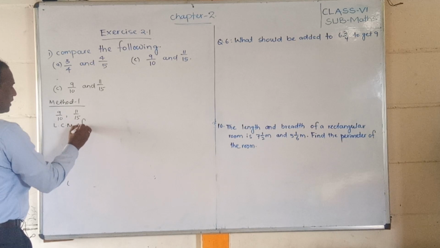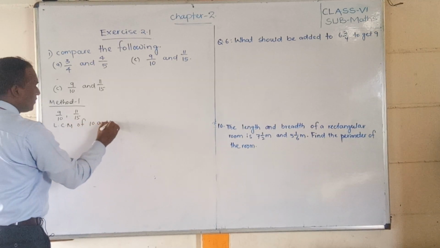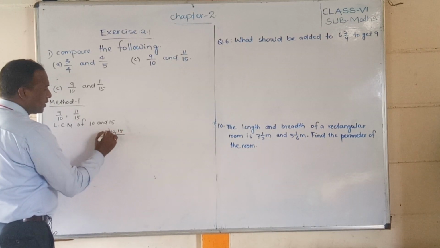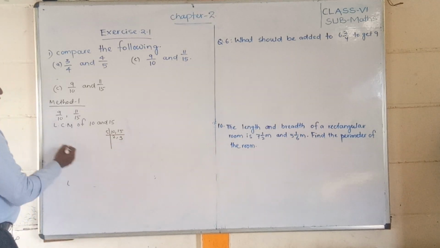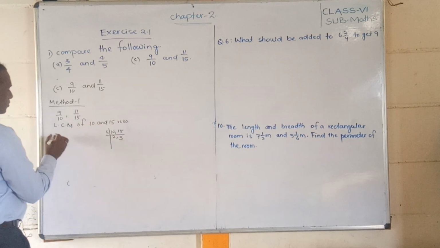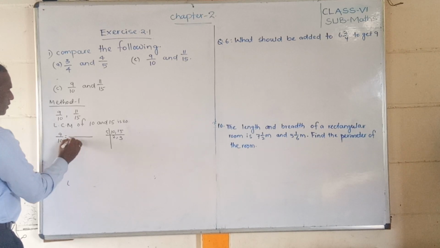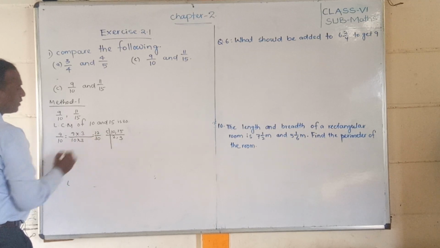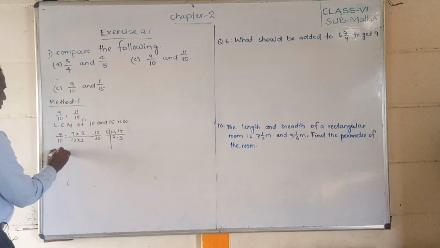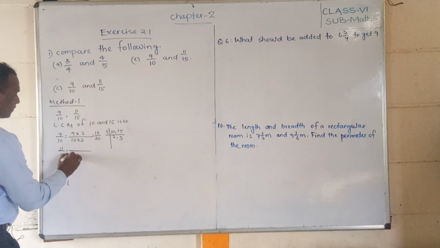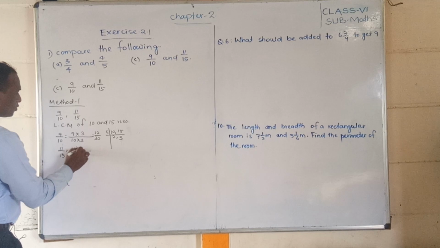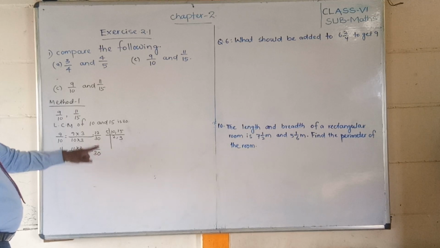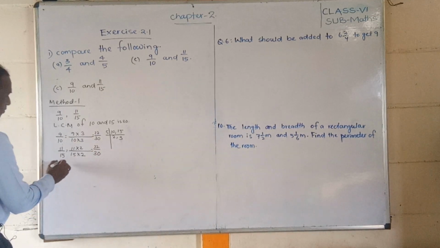The LCM of 10 and 15. So what will we get as the LCM of 10 and 15? You have to find the LCM of 10 and 15. We take 5, 5 into 2, 5 into 3, 5 into 2 into 3 is 30. So the LCM is 30. For 9/10, make the equivalent fraction: 10 into 3, 9 into 3, so we get 27/30. Okay. Now in the same way we can do 11/15: 15 into 2, 11 into 2, 22/30. Now look at the comparison. Both denominators are now the same, so 27 is greater than 22. So what can we write, students?